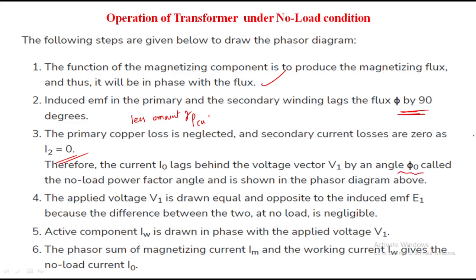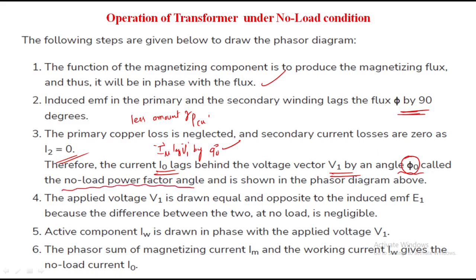We all know that in case of ideal transformer, this current I mu lags V1 by 90 degrees, right? I mu lags V1 by 90 degrees in case of ideal transformer, but in case of practical transformer we are dealing with I naught. This I naught lags V1 by some angle phi naught. So this is the phase angle between no load component of current and supply voltage, and this phi naught is nothing but the no load phase angle. So obviously this is no load current, this is no load phase angle, obviously we have